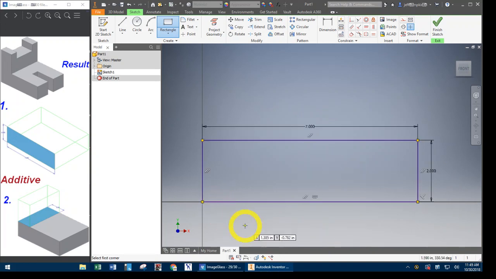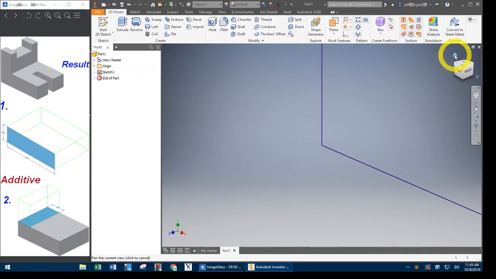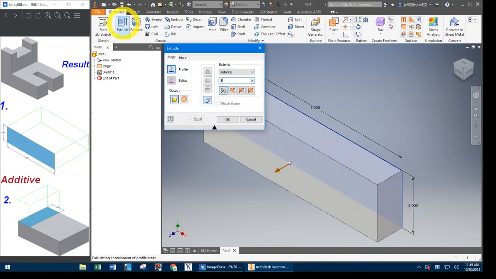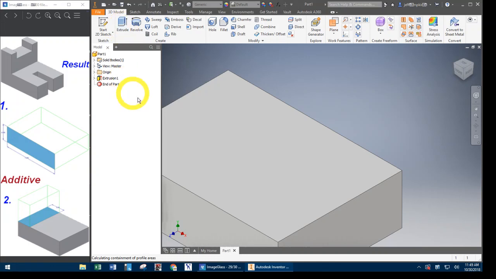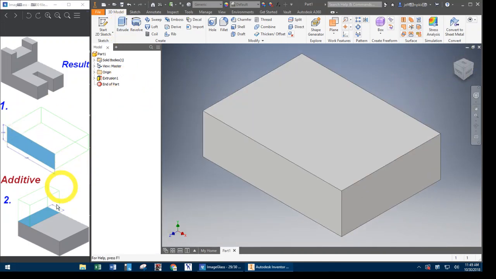My box or rectangle is now bluish colored, which means it's constrained fully. So I will finish the sketch. Click on my home view, and I will extrude it. And I'm going to extrude it 5 inches. Again, I'll go back to my home view. I can see I now have this large base right here that I can work on like they show here